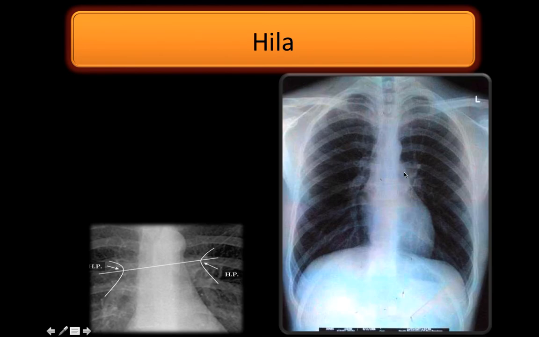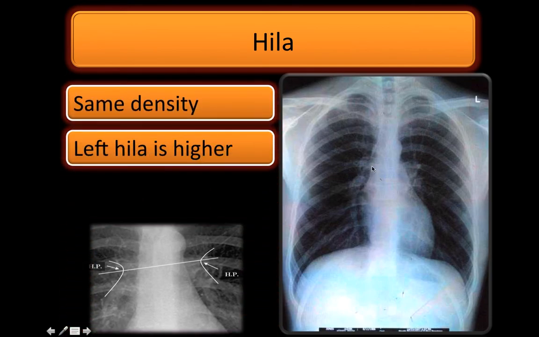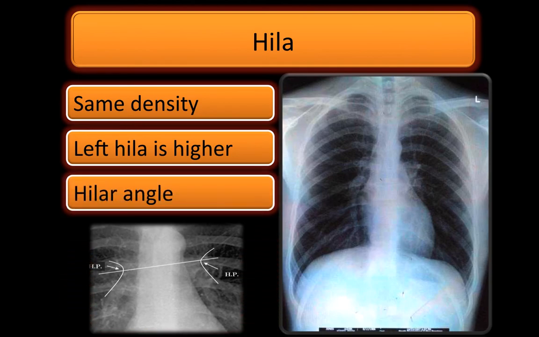So this one appears higher, and then the branching came on the right side. Okay. Another point is you have to see whether both hila have the same density, because hilar lymphadenopathy is quite common. So if they have got the same density, then you can say that the hila are normal. Okay, and the hilar angle,